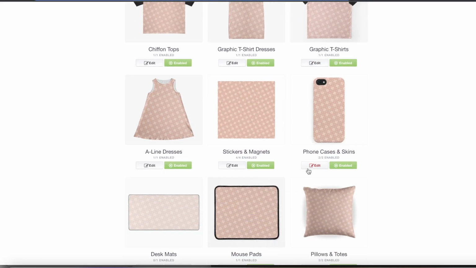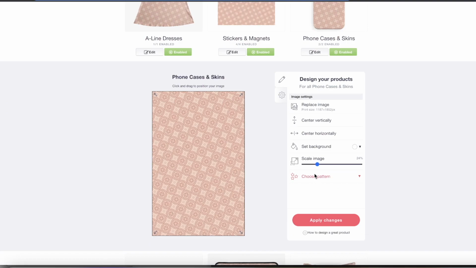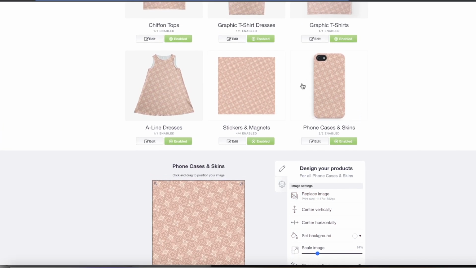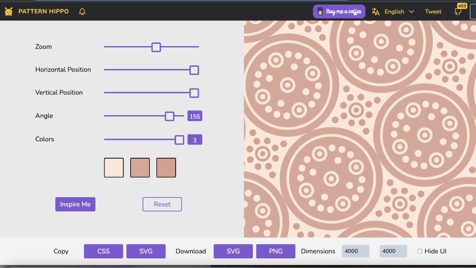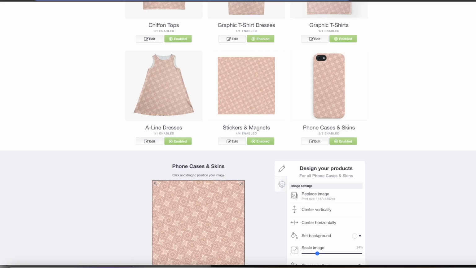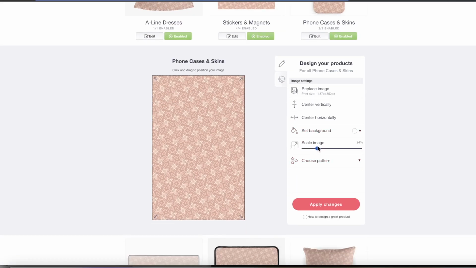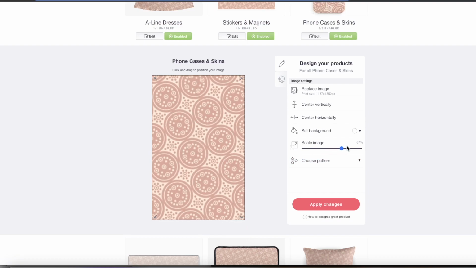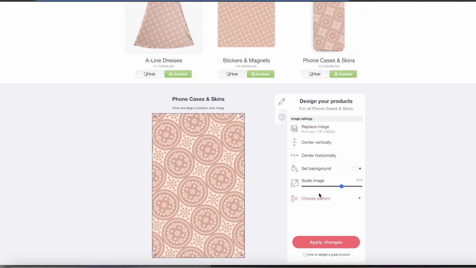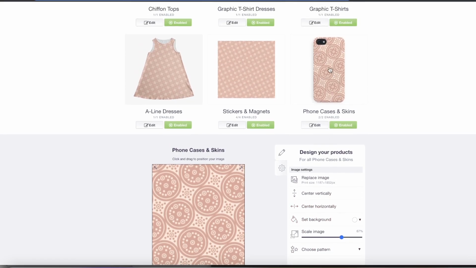So let's see, for example, on this phone case, how things look. It's only zoomed in at 24%, and it covers the whole entire size of the image, which is pretty awesome because, once again, Pattern Hippo can give you any kind of size that you want. So let me go ahead and zoom in here on this scale within Redbubble